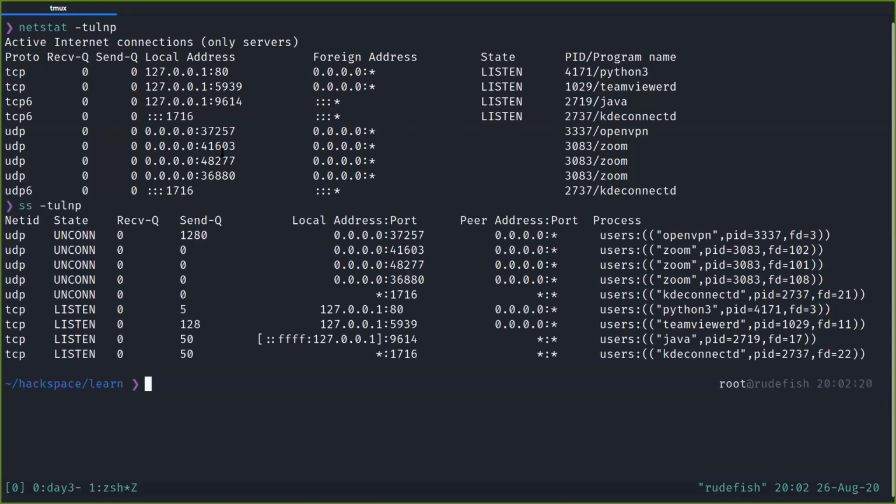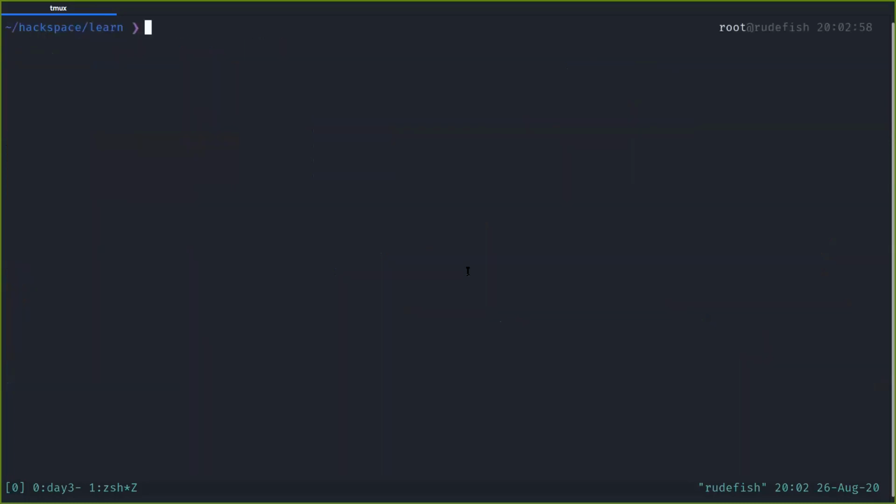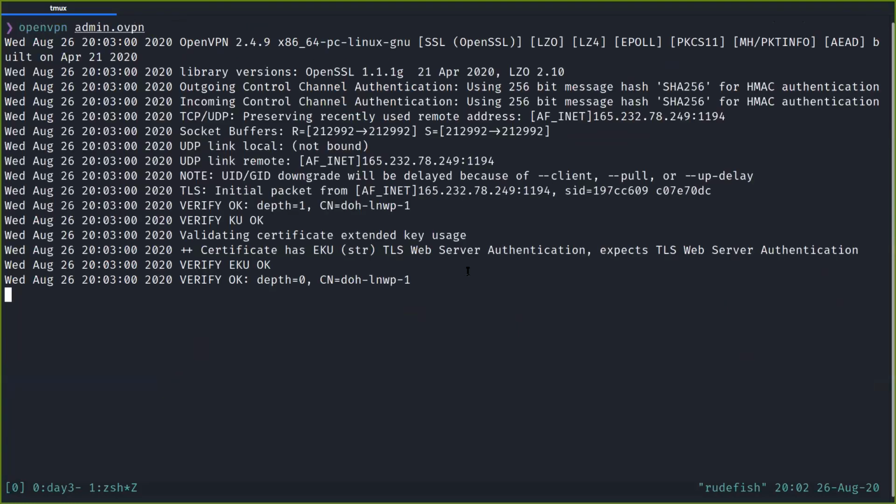Similarly, you can use the ss command and you notice that you get the same thing. You have the port open listening, but it's bound to a particular interface. So netstat or ss commands you can use to check which particular interface a service is running on. So you have to remember that the two scenarios we discussed are the service running on all interfaces, and the service running on a specific interface. So now what I'm going to be doing is I will log into the server through SSH like we did earlier. So I will connect to the server,